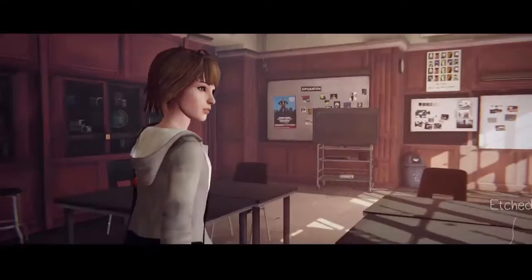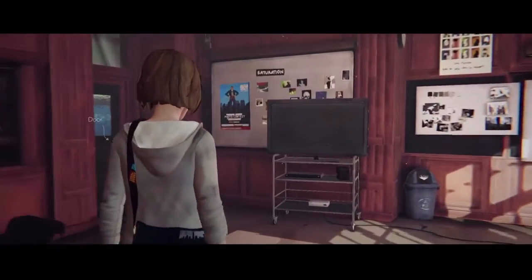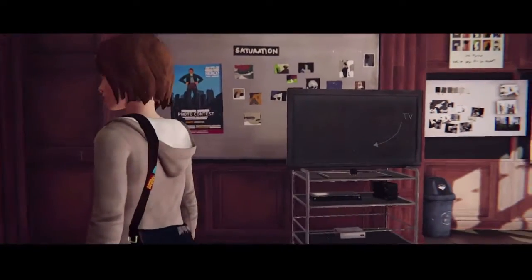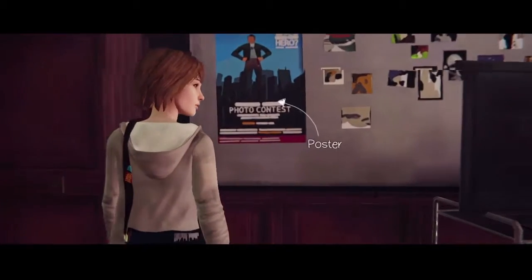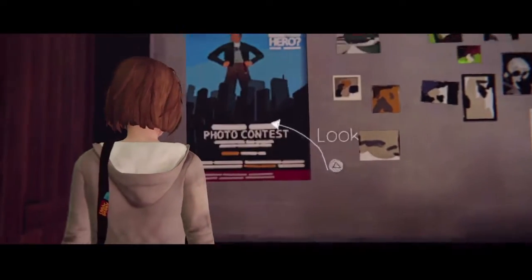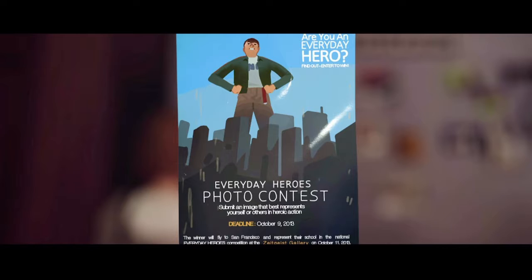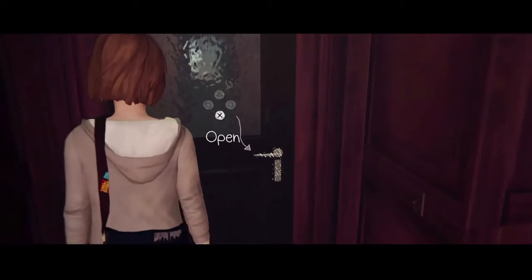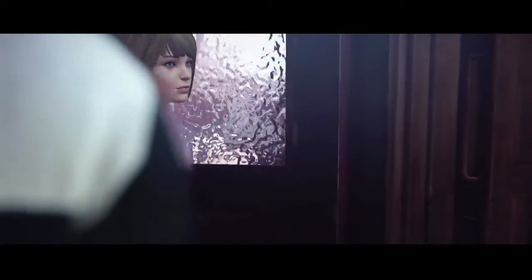This is still a perfect example of how episodic is hard, because if you look closely at this poster, there is a mistake on it. It says that the exhibition takes place in the De Young Museum of Art, when actually it's not that in episode 5, it's the Zeitgeist Gallery. We have a really great community, so thank you guys. People found this mistake, and yes, it is a mistake. In episode 5 we found out that it couldn't be a museum, it was too big, so it had to be an art gallery, so we changed the name, and yes, there is a mistake like this in episode 1.